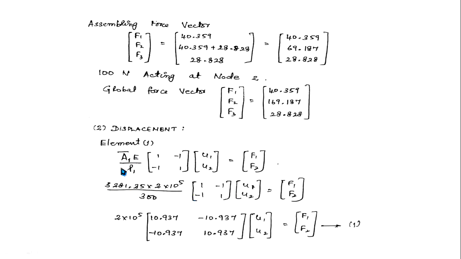This is just opposite. So for element 1 you have to consider the area of element 1. Young's modulus is common for both elements. Length is also common since we have divided it in half, so element 1 and element 2 lengths are equal. You just substitute and simplify, you will get this. Since Young's modulus is common for both elements, I have kept it as such. So this is your finite element equation for element 1.